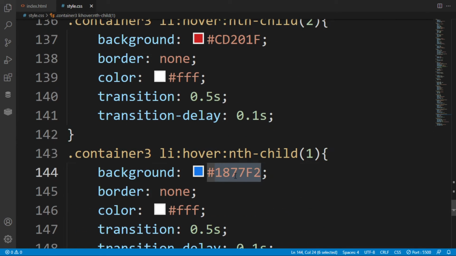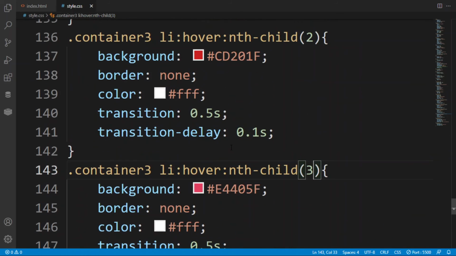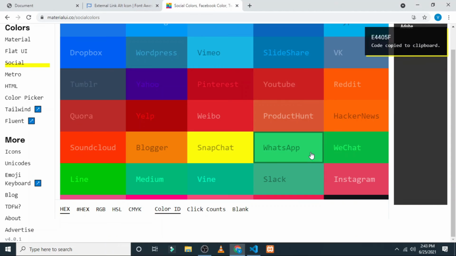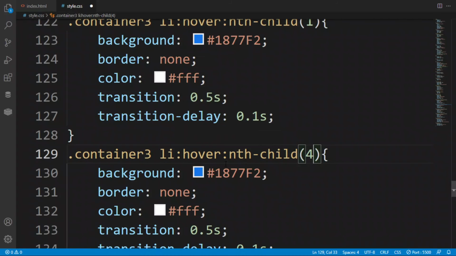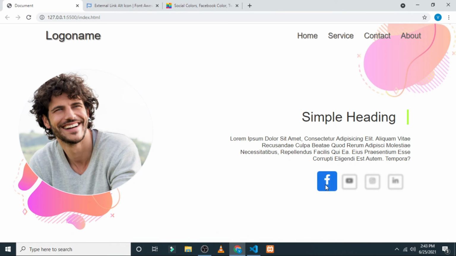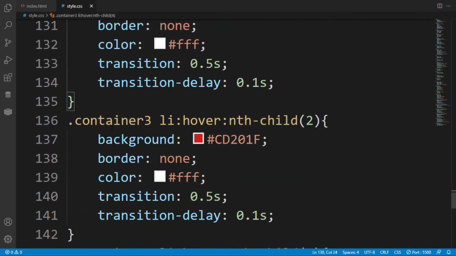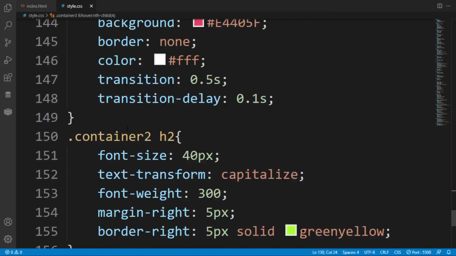So put the hex code here, and after saving it, change child 3 and child 4, which we have remaining. This is the fourth one, and after saving it, let's change its color to the LinkedIn icons. After saving it, this is the list of social media icons that we have created, and this will be the best similar. Now we are going to create the hover effect on the image, because our image is low,